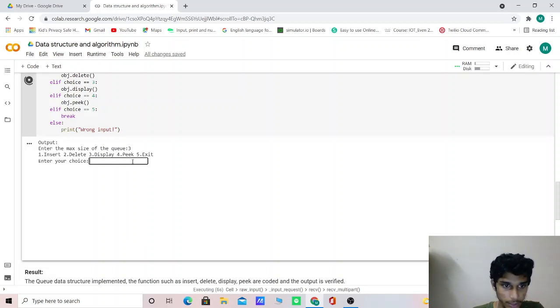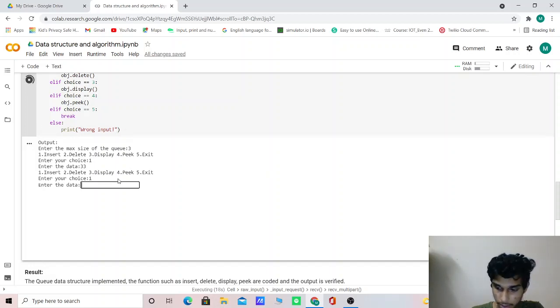Enter the value, I'm just giving the value as 1. Enter the data: 33. Just inserting again. The data is 50. Inserting again.